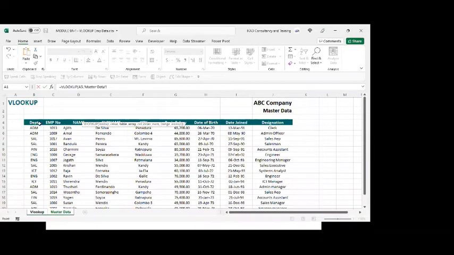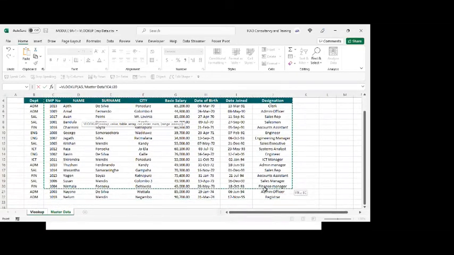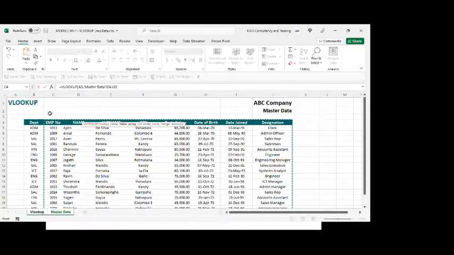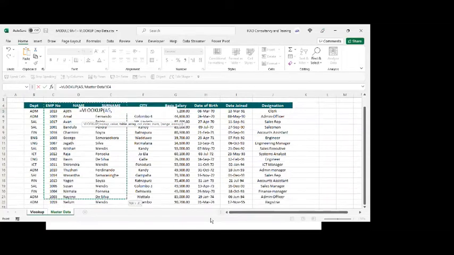I select the table. Now when I select the table, remember always the table has to be selected from the lookup field onwards. Select because why? This is number 1. So can I get the department? No, I can't get the department. Why? It's on the left side of this. You can have any number of fields on the left side, but you can't call them because your selection has to start from the lookup field. You can't start a selection from here. You have to start a selection from the lookup field and then select.